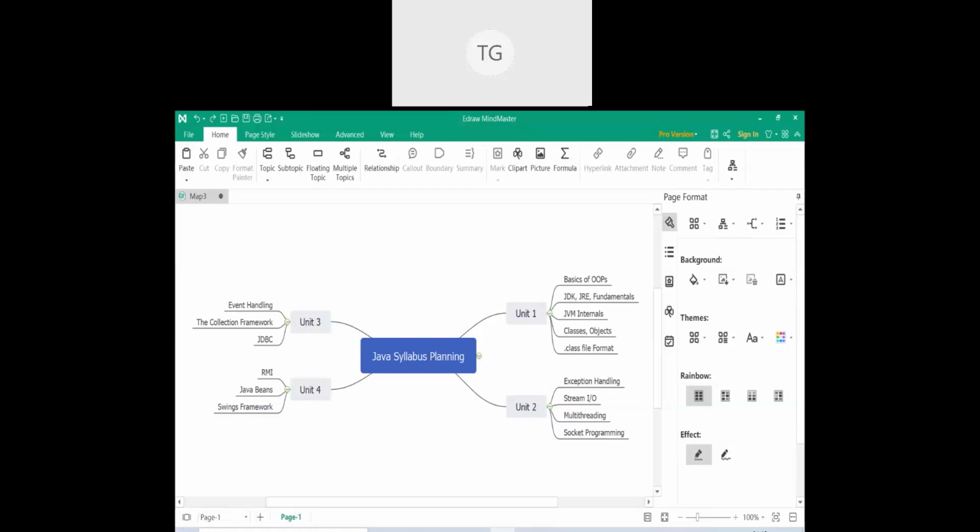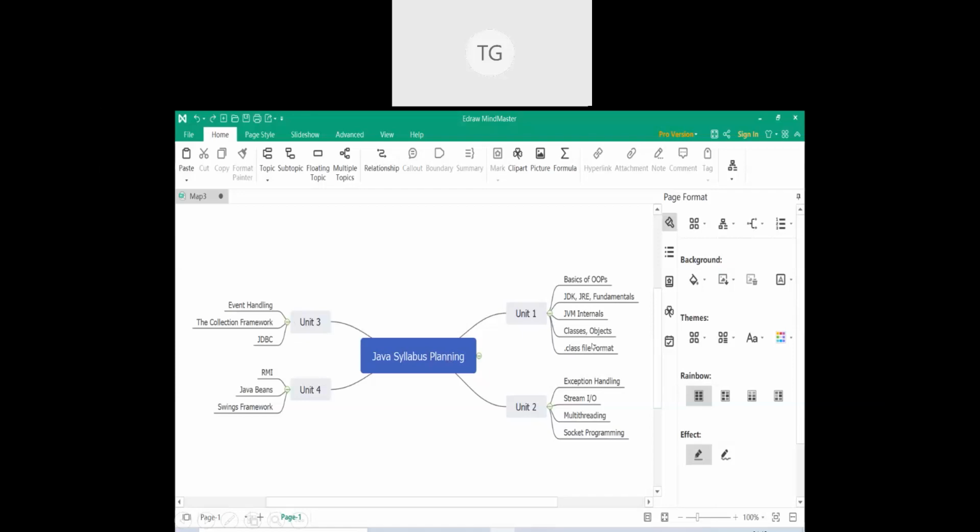So looking at this layout, you actually know what the components of my syllabus are and how I'll be taking them up. I'll first be covering unit 1, then I'll be covering unit 2, 3, and so on, right? So we have created a main topic from which we have given rise to certain subtopics and constituent branches of those subtopics.